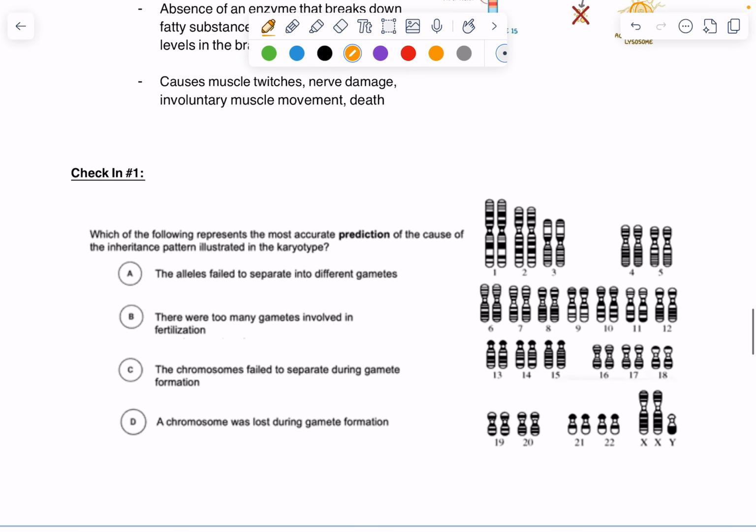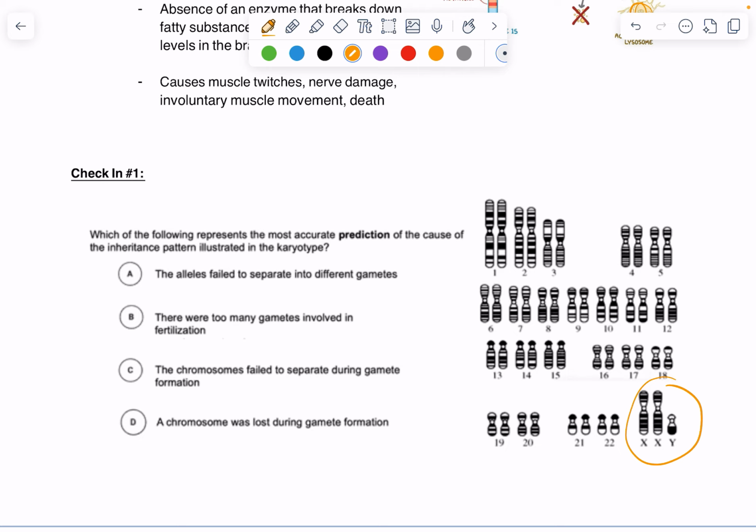Okay, so if we just look at this example problem real quick: what is the most accurate prediction of the inheritance pattern illustrated in the karyotype? You want to look for any abnormalities. If there are none, then we would just say this is a normal individual with no apparent chromosomal disorders. Here, however, we do see there are 3 chromosomes at the sex chromosome spot. So if you look at the options real quick,